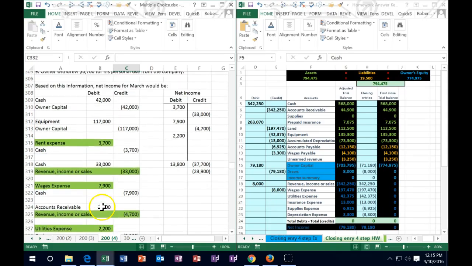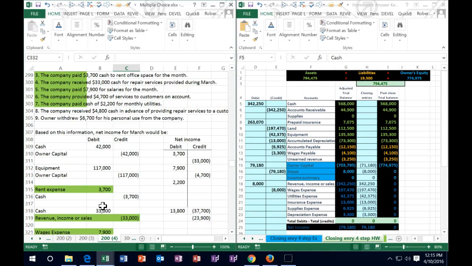Now we received cash because we're going to do work. But notice the key word here is we're going to do work and we got paid in advance, meaning we got cash, but we haven't earned it yet. So normally we would credit revenue if we had earned it, but if we don't do the work, then we have to pay the cash back or we have to do the work. So that means it's going to be a liability. We're going to call it unearned revenue in this case, meaning